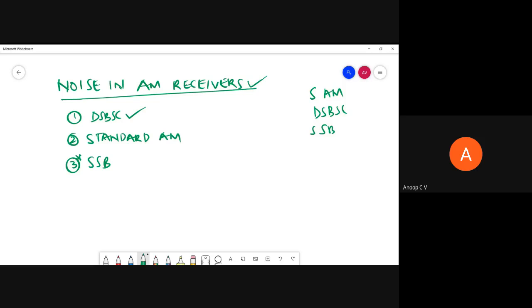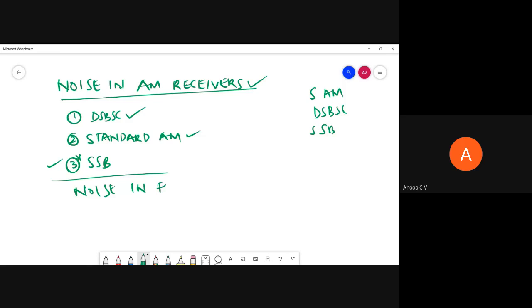Then we'll move on to standard AM, and then as a special case, we'll study SSB. SSB is not explicitly part of your syllabus, but we'll study it also. Then we'll study noise in